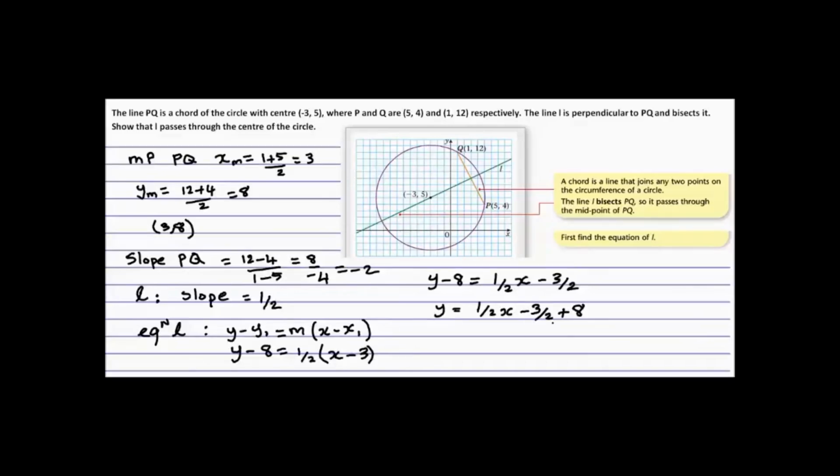Now we could play with this and add this fraction, but a quicker way, we see we have the denominator 2. So how about we just multiply everything by 2? So we'll get 2y equals x minus 3 plus 2 times 8 is 16. Okay, we don't actually need the slope-intercept form, so general form is okay. So we have 2y equals x plus 13. Okay, that's the general form,